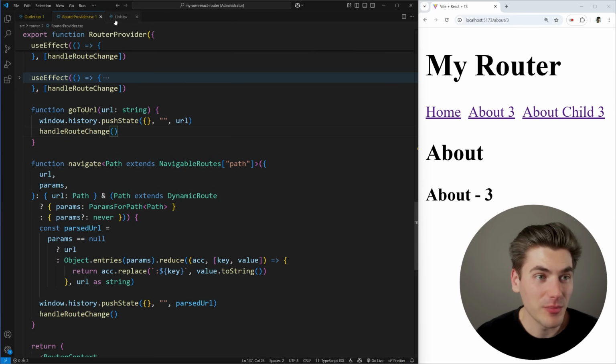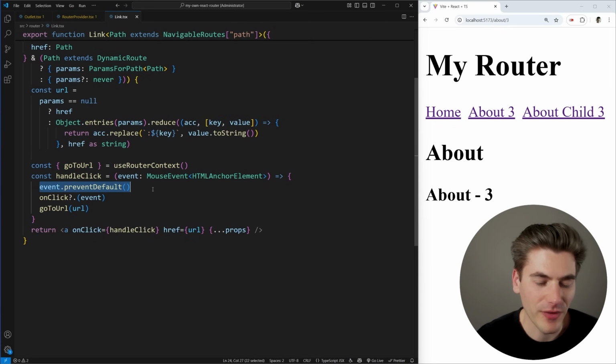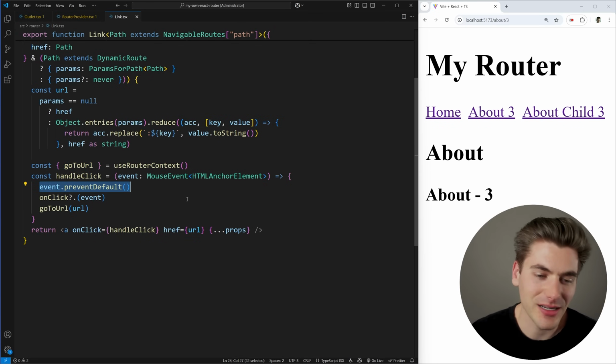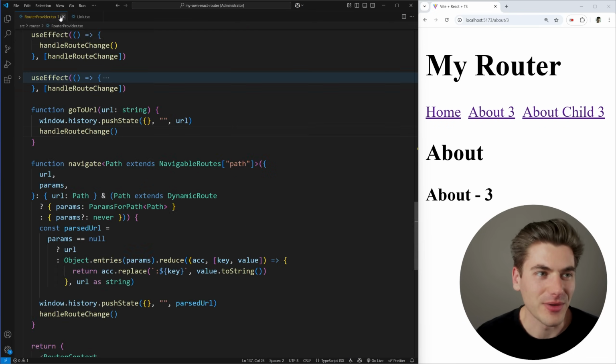And specifically the really important thing inside my link, I'm making sure I prevent the default behavior because I want to do client side only navigation, essentially a single page application. And by not preventing the default, it would do a full page refresh, which defeats the entire purpose of this router. So to show you how this router works and how easy it is to work with,